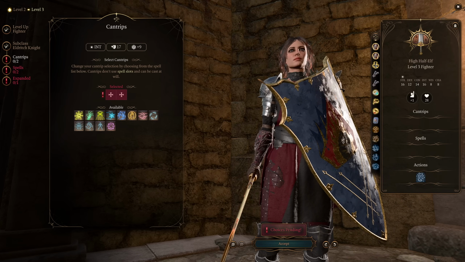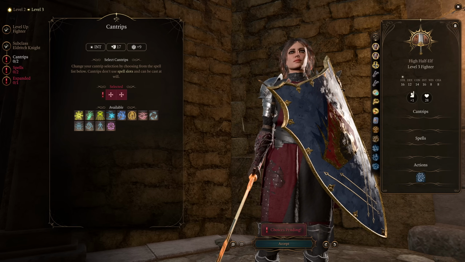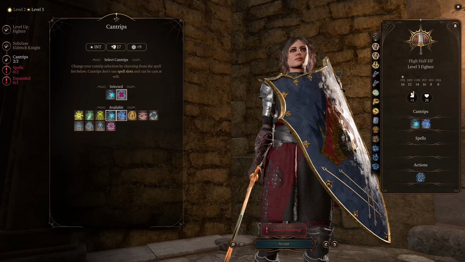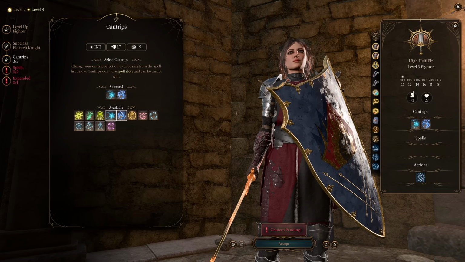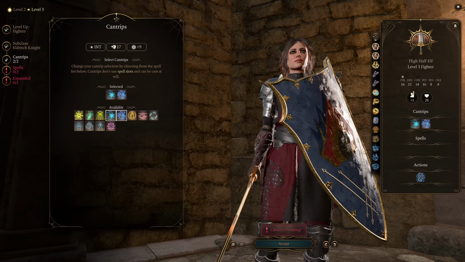I have gone with a high half-elf here and chosen Firebolt as my starting cantrip. Since we're already going to be using intelligence, we might as well get even more cantrips. So I'm going to pick up Ray of Frost and Shocking Grasp to round out our elemental lineup, because I see this character as being able to use a lot of elemental and magic, not just fire and ice, but lightning, acid, poison, all of it, because we're going to get the opportunity to get lots of cantrips on this build,